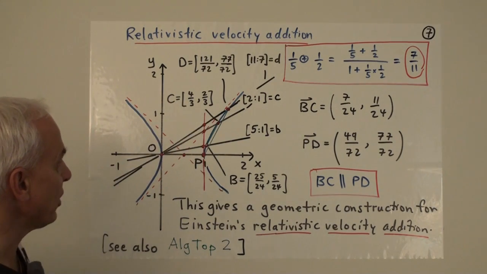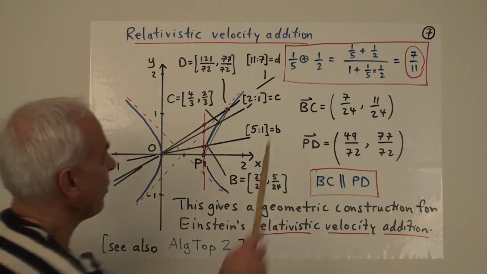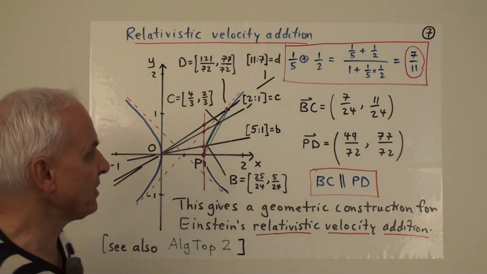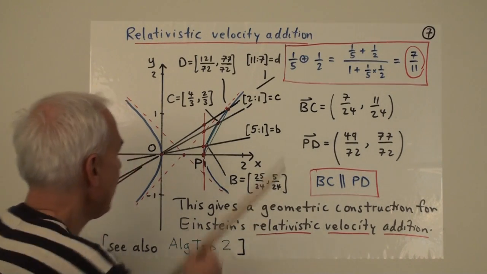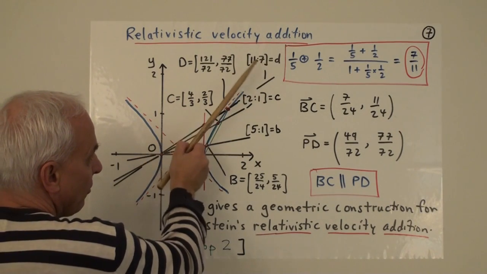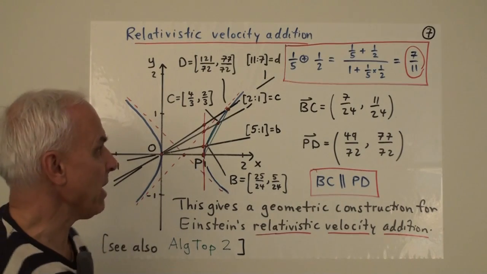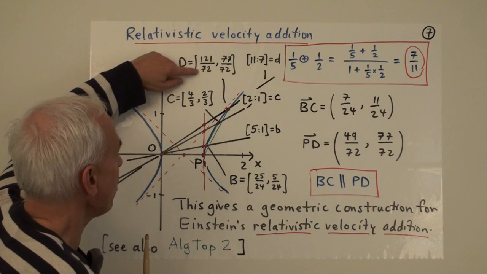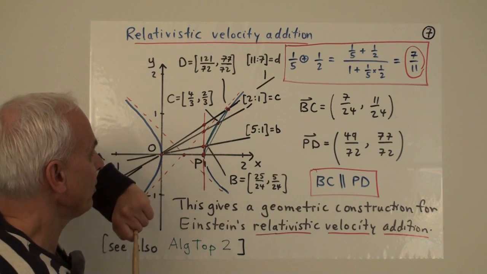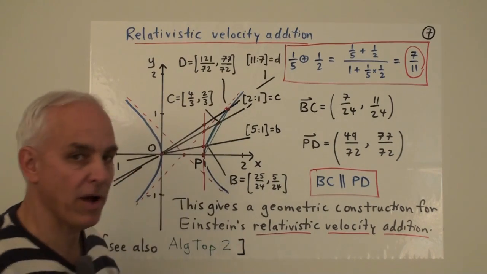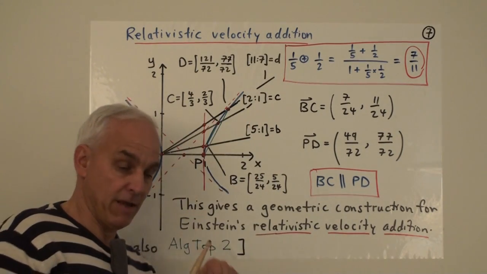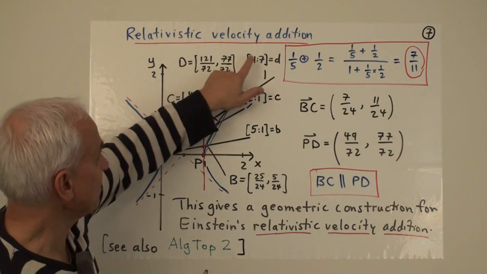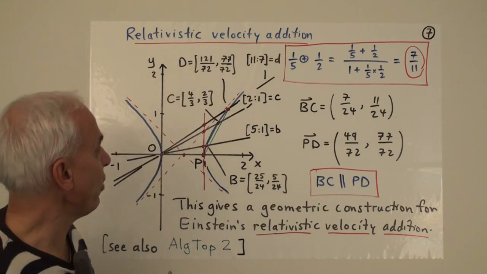Now what I'm going to do is look at the corresponding sum, the relativistic sum of the two velocities, 7/11, which corresponds to a line like this with name 11 to 7. And the corresponding point on the core circle would be 121 over 72, 77 over 72. We get that by multiplying both coordinates by x divided by 11 squared minus 7 squared. 11 squared minus 7 squared is 72. So we have to multiply this by 11 over 72. That's how we get this point right here, and there it is right there.